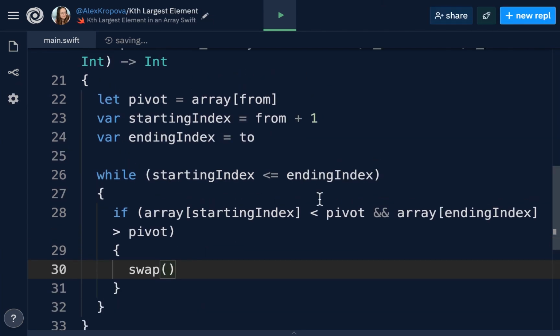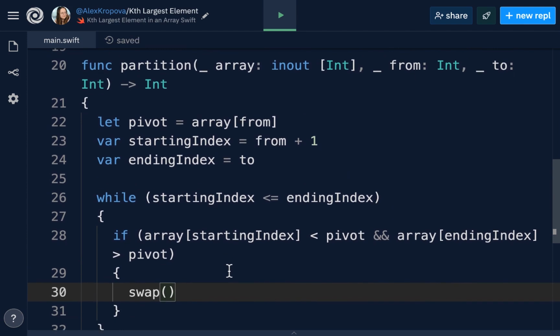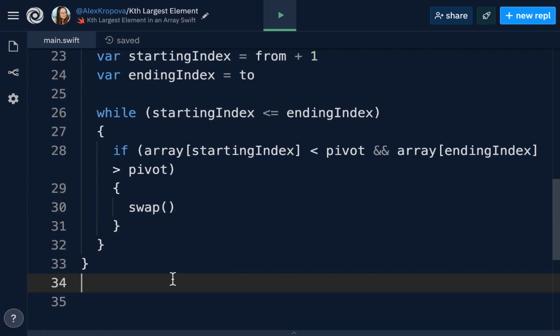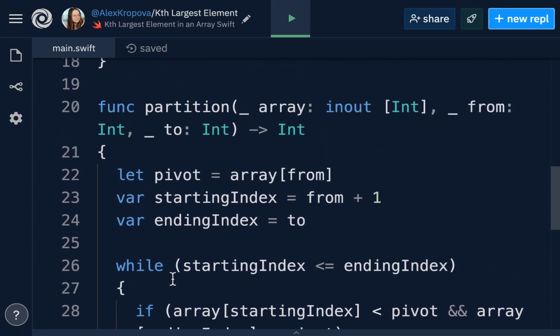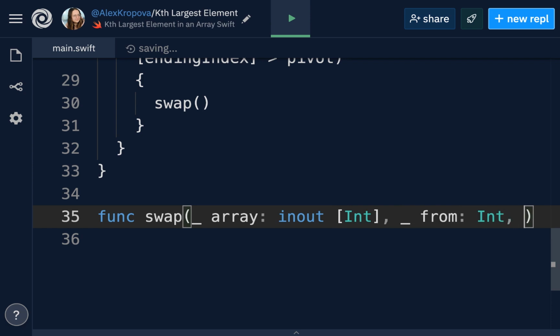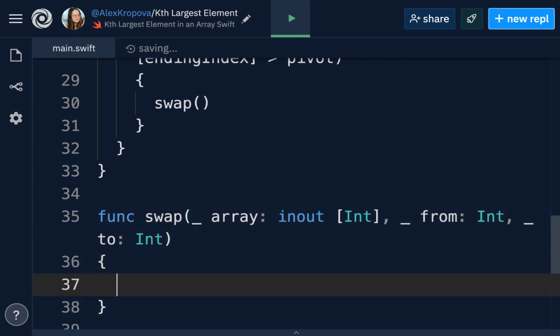So let's go ahead and build out a swapping function next, because that is our third helper function. This is again typical swapping functionality, part of typical sorting functionality. So let's add that next, and we will fill in these arguments and continue with our partition function after. But to understand swapping, let's do that next. We will add a swapping function, and we'll take in an array of integers, and we will go from an integer and to an integer, so we need all of those parameters as well.